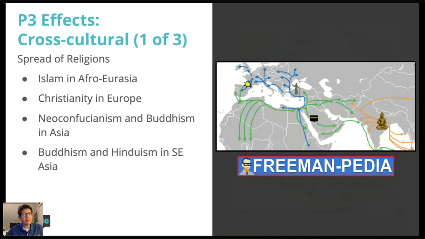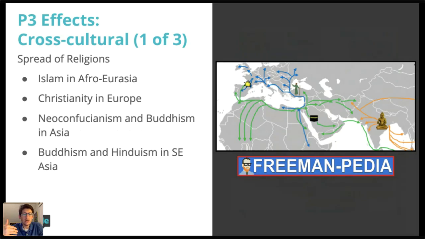So think about the speed at which Islam moves, that the Islamic Caliphates basically conquer everything from India to Spain, and Christianity hasn't even taken hold all across Europe, which, when we think of Europe as kind of the home for the large majority of Christians. So Christianity continues to spread mostly along Eurasian trade networks, especially networks in Europe. In Asia, we see the continued spread of Buddhism and Hinduism.